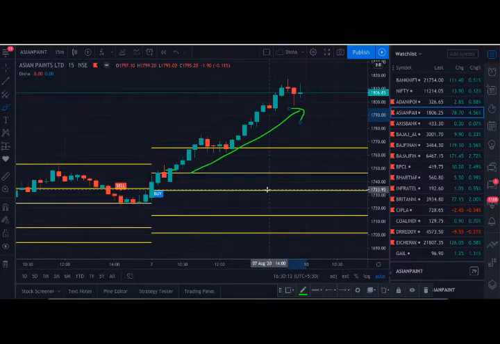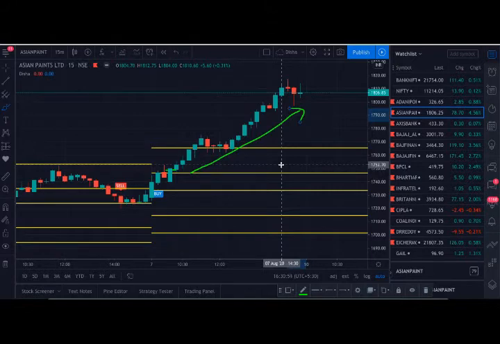So now we will talk about the stop loss for this order. In this case, you have to consider this line as stop loss, but don't put the stop loss exactly at that line, just a bit below this line. Once it has met target 1, you simply trail the stop loss so that your risk is reduced, or book some profits here as you wish.